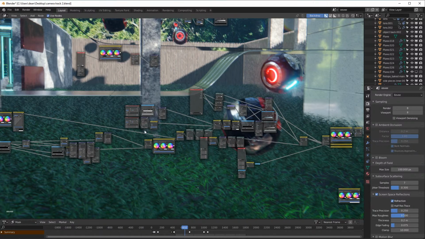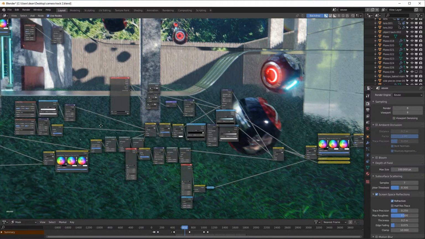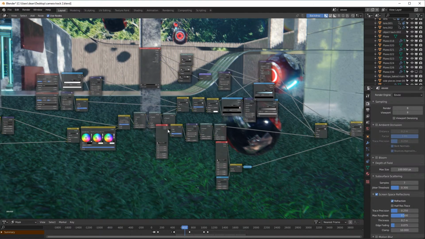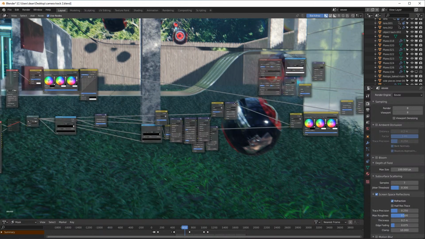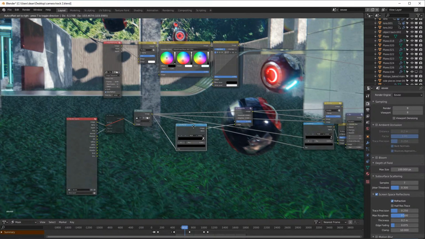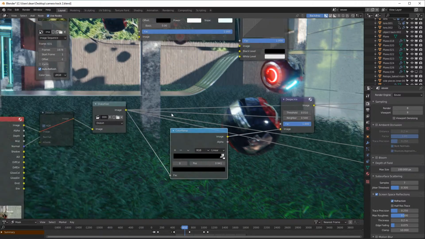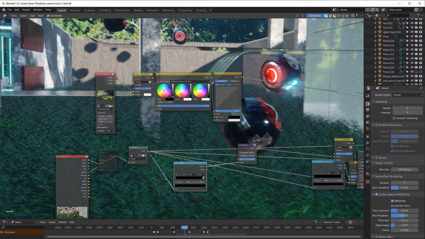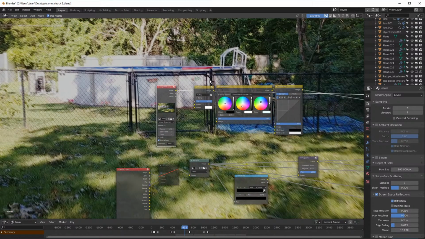And this is over 50 nodes. There's a lot of setup in here that I did to get everything to look perfect. Honestly, I probably should have made this a little better organized, but I think I remember what everything did pretty well. So basically I got my original clip here,